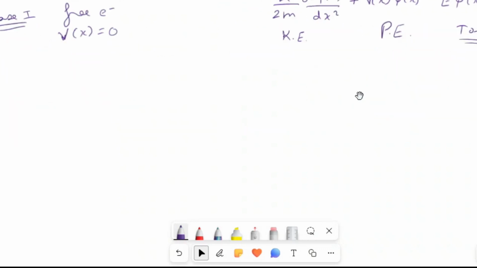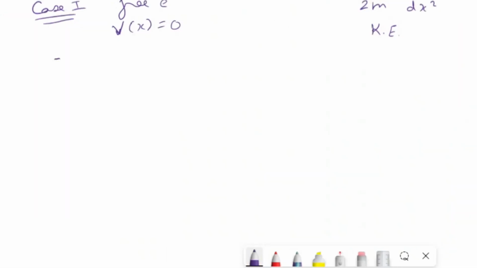Right. So if you put this value in the Schrodinger wave equation, then we will get the modified equation, equal to E of phi x. Rearranging this equation,